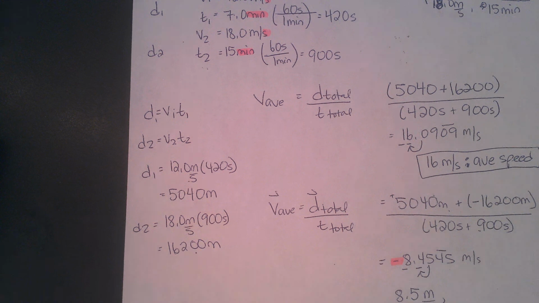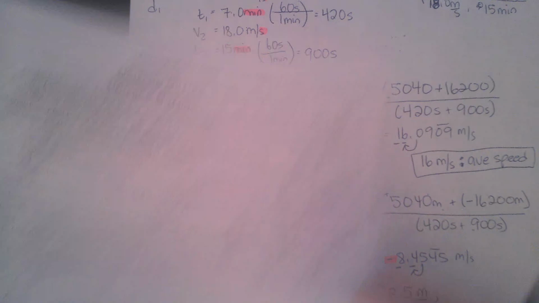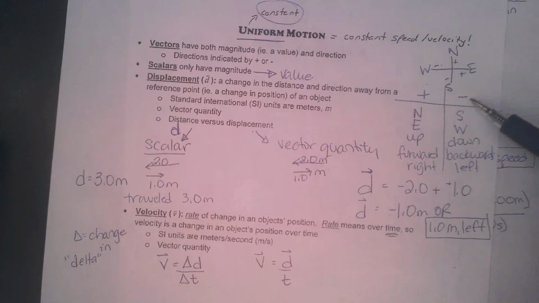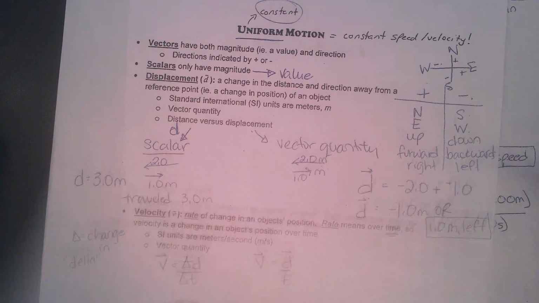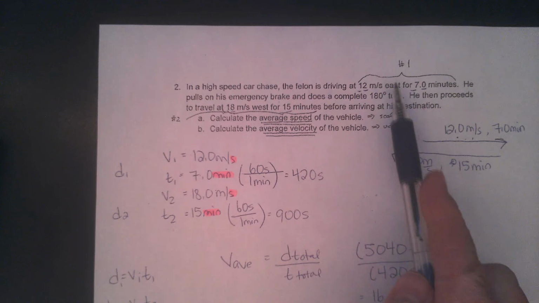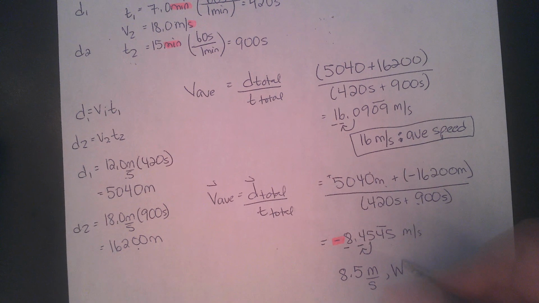And remember, back here, we said that if we got a negative value, we went south, west, down, backwards, left. And in here, because they used east and west, we're going to say west because that's what the negative value